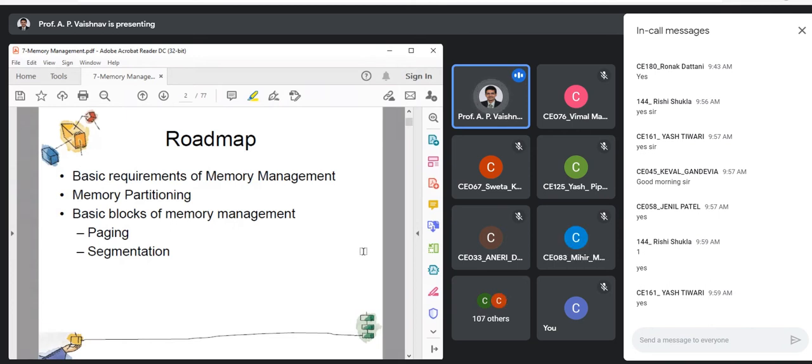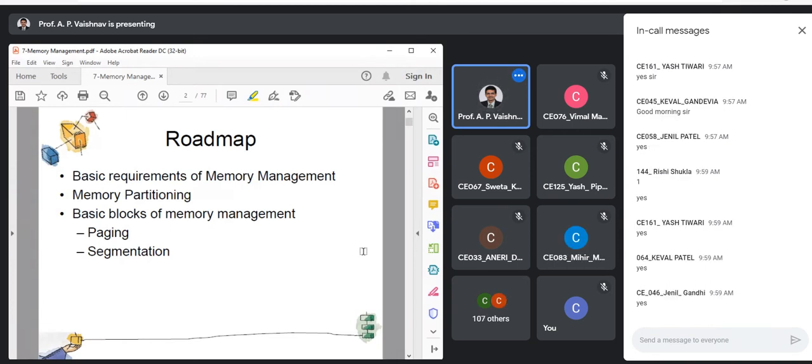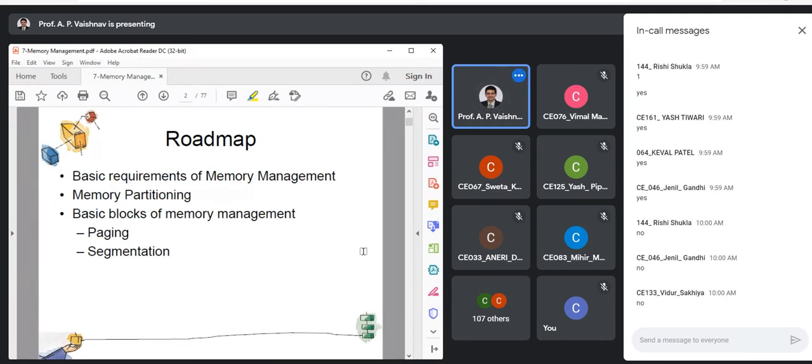Because if you don't have multiple ready processes, suppose you have 10 processes at present, and one of them is the ready process. The rest 9 are blocked. Is that an efficient situation from a memory management perspective? Out of 10, only one is currently ready, others are blocked. No. So ideally, the basic goal of memory management is to divide the memory in